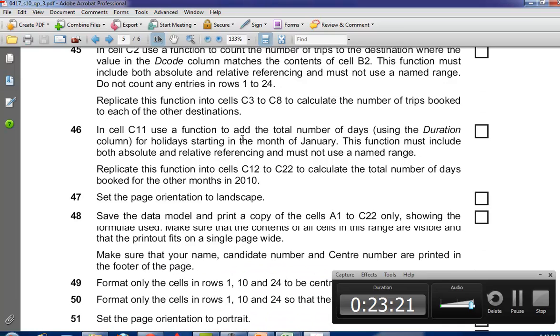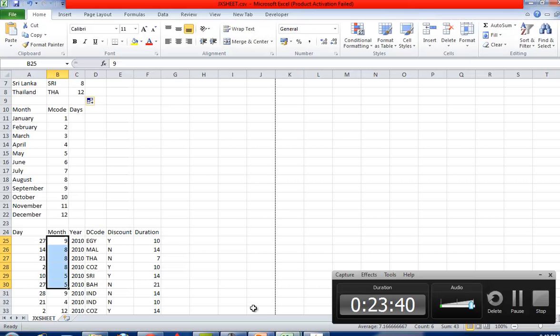Okay. In C11, use the function to add the total number of days using the duration column for holidays starting that month. This must include absolute referencing. Replicate the function into cells C12 to C22 to calculate the total number of days. Okay, so